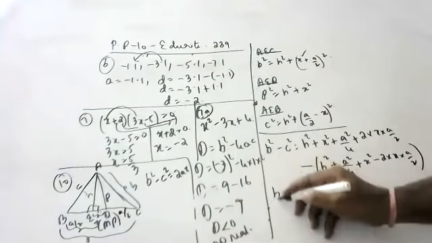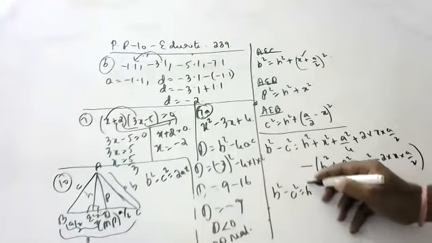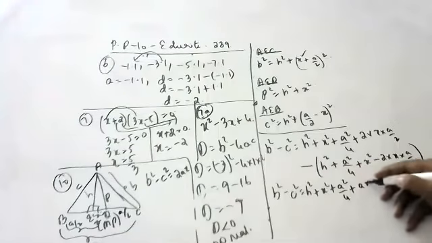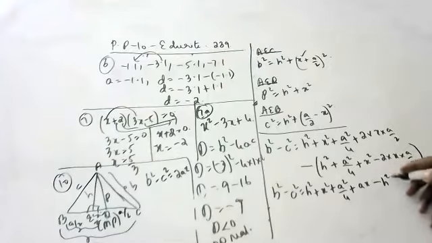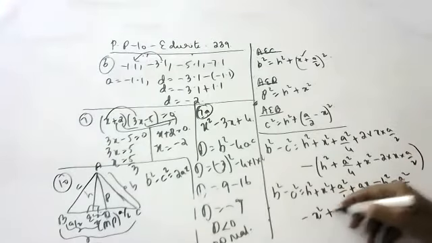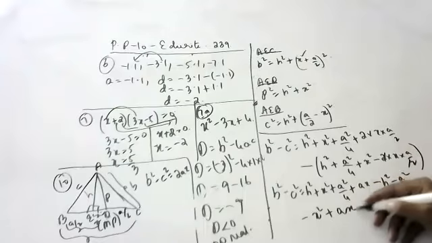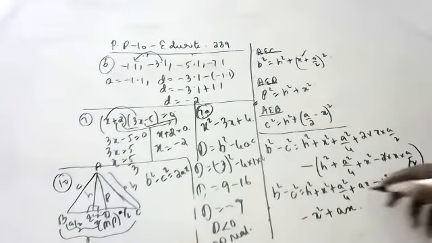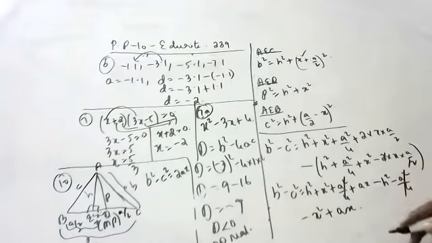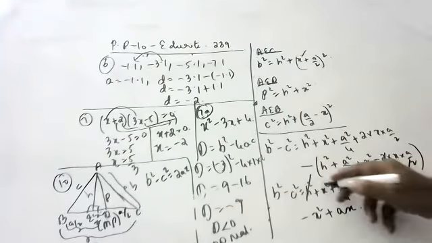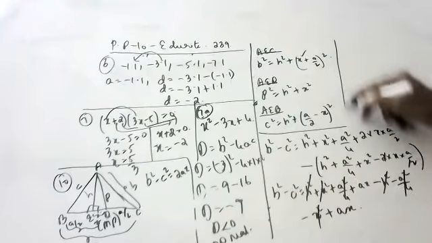So children, b square minus c square is equal to h square plus x square plus a square by 4 plus ax minus h square minus a square by 4 minus x square plus ax. So children, is anything getting cancelled? h square, a square by 4, and x square. h square minus h square. Anything else children? x square, x square. So what is the left over?